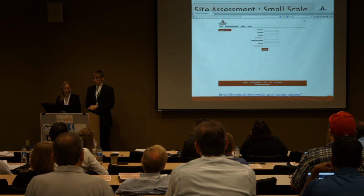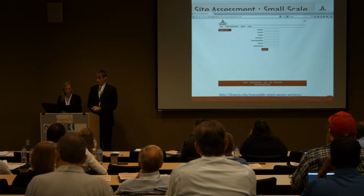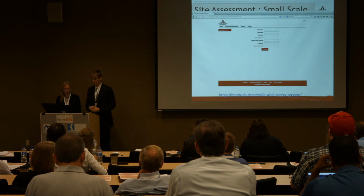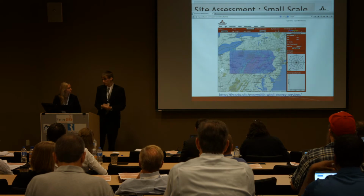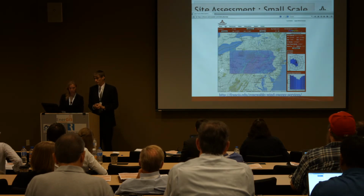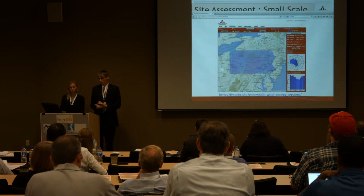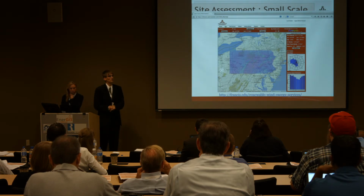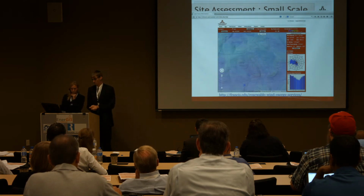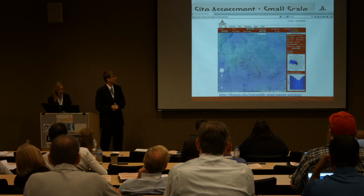You can create a free account and get access to 30 meter data, and then you can also get a subscription for more advanced data up to 100 meters. It's a very simple interface. Anywhere in Pennsylvania you can click, and it'll give you wind speed, a wind rose showing what direction the wind is coming from, a monthly speed distribution chart, and a bunch of useful information if you were siting a turbine. If we were to zoom in closer to the campus here at St. Francis, and once again,